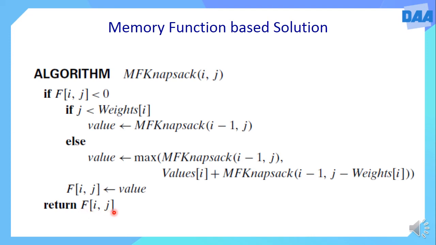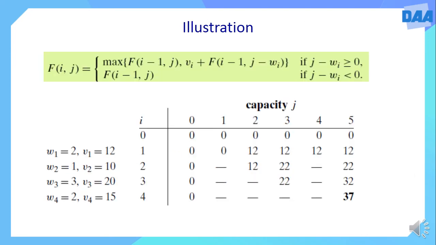So please understand here, only the required things are computed because it is called in the top-down approach. And the second thing is, whatever is computed already, the recomputation is avoided by looking at this particular f of ij value. So let us understand in detail how it works with an illustration. Let us consider the same problem that we used earlier.